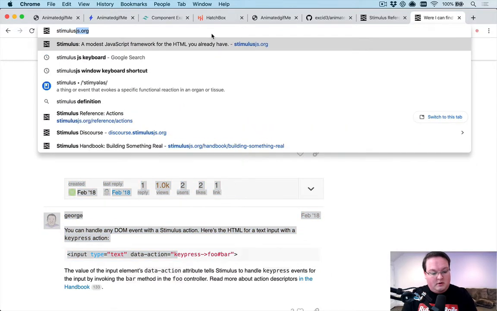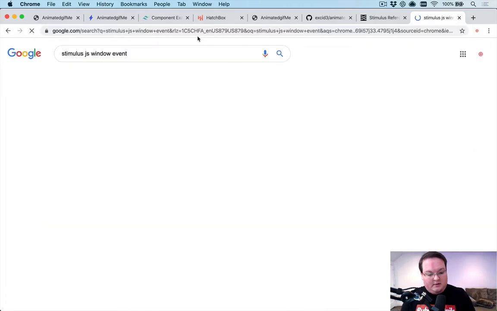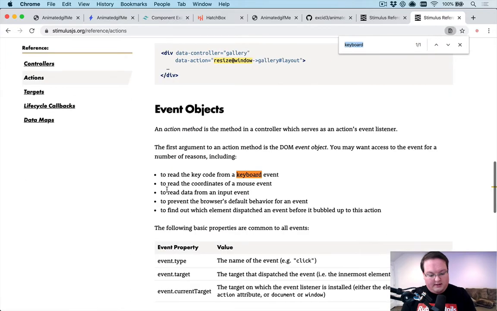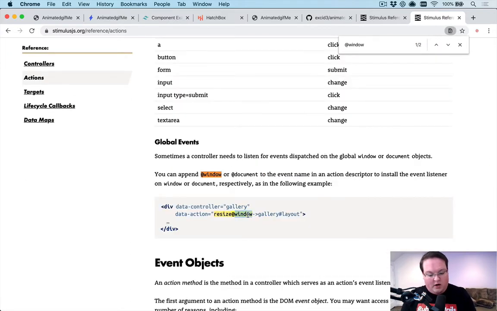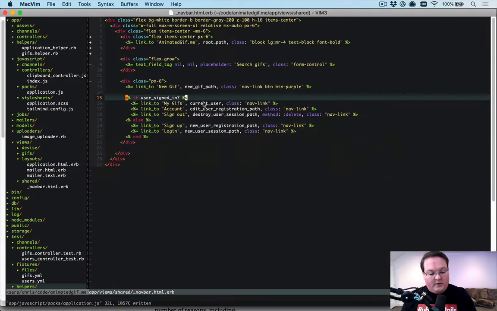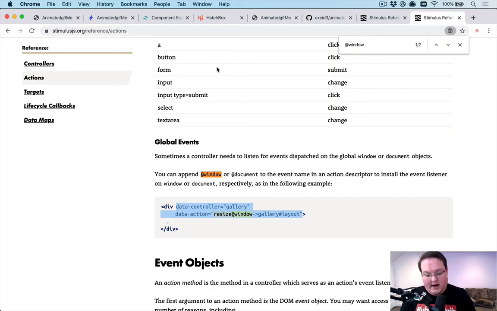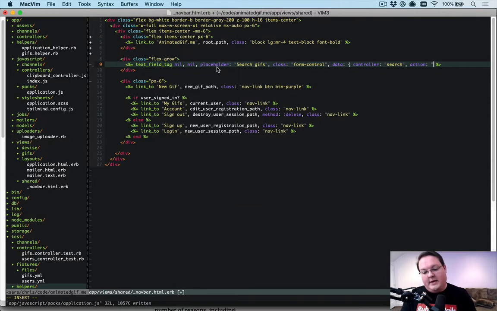Stimulus JS window event. So I think it said here at window. So we could do a window key press or something for our data action. And that would work pretty well. So what we would want to do is say data controller is search, and then our action, one of them will be resize at window. So we'll say key press at window,